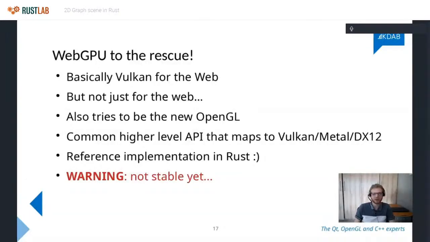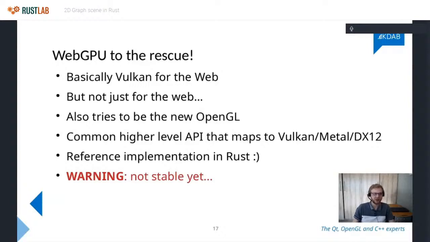So WebGPU is really just a spec, and the two reference implementations take this specified API and translate that into Vulkan, Metal, or DirectX 12. They've even got a best effort approach for OpenGL. Basically they have a common high-level API and they translate that to the best API for your platform.